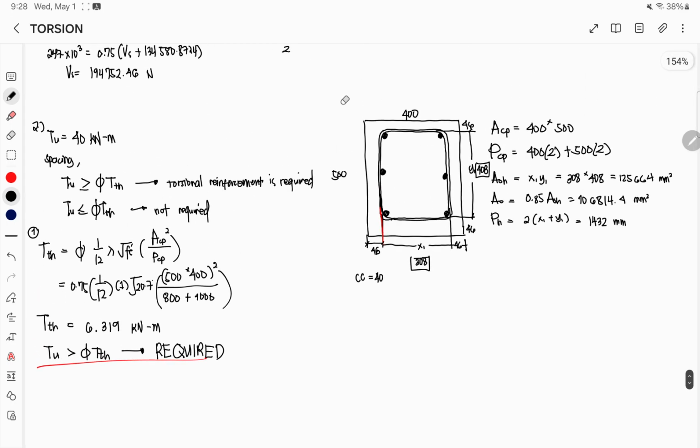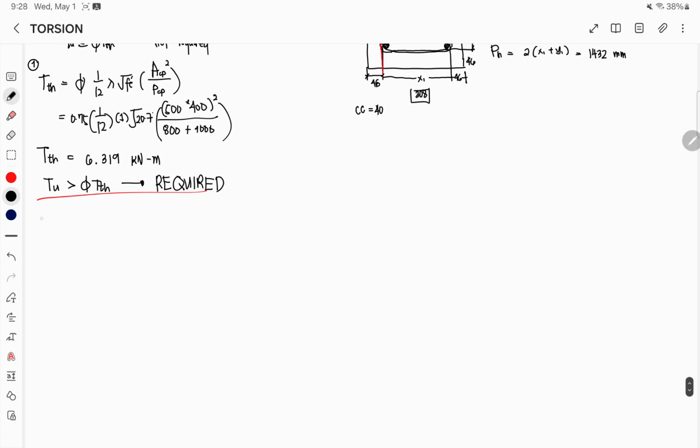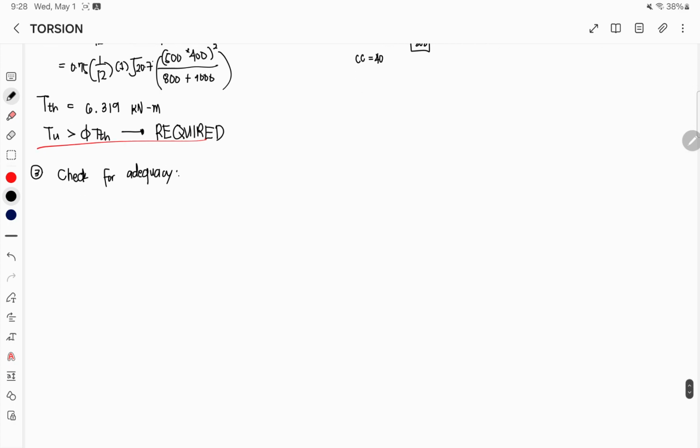Nandito pala yung step 2. Ito. For 3, check for adequacy. Adequacy. Meron tayong equation na kailangan nating i-compare for us to solve or for us to say that the cross-section is adequate. So, we have square root of